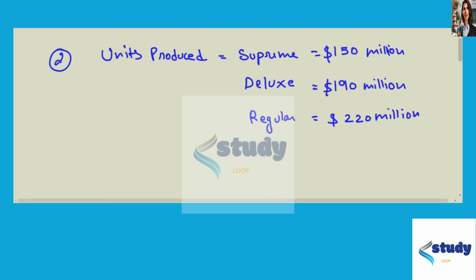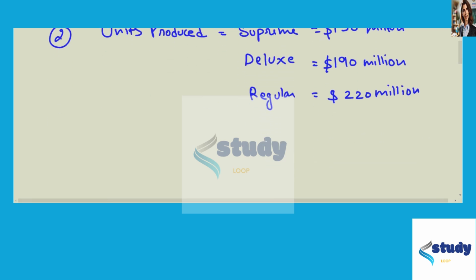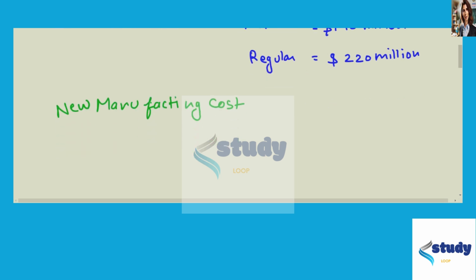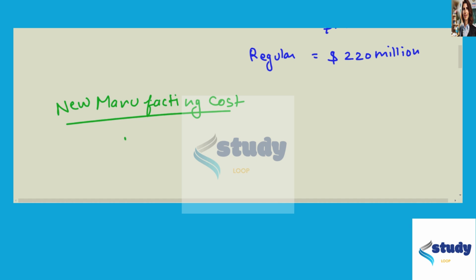Now, what we need to find out is why might the July 2017 information on manufacturing cost per unit be misleading when predicting total manufacturing cost in August 2017? So, firstly, we'll calculate manufacturing cost with the new given produced units. So, for that, the new manufacturing costs, first is Supreme